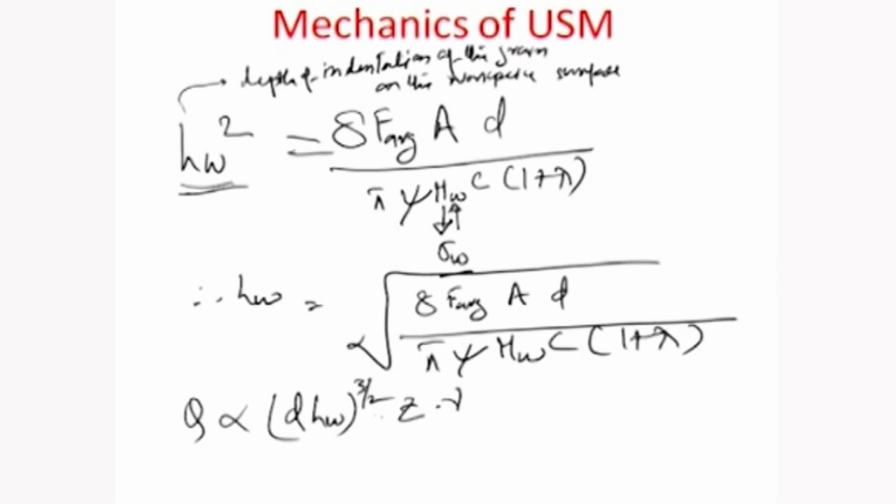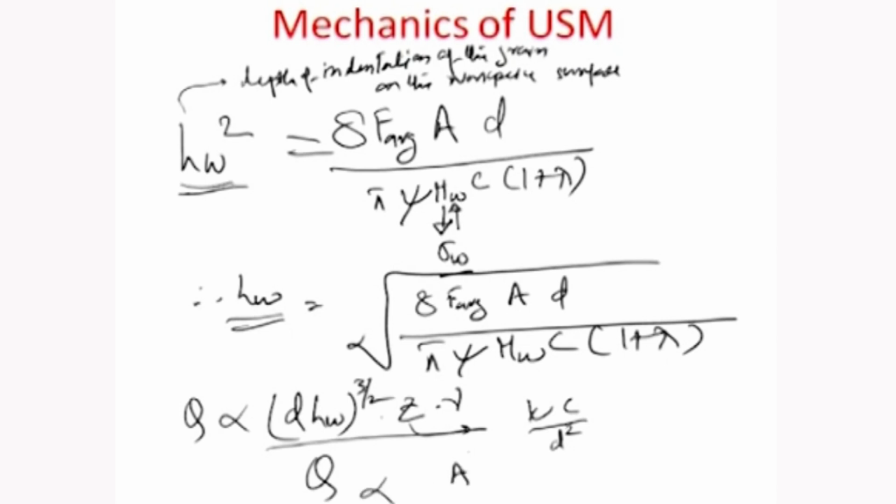So, after substitution of HW and the value of Z, which is inverse square of d times C times xi, and nu of course is the frequency, we get